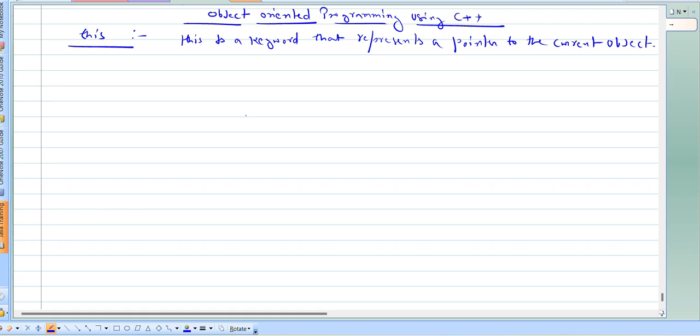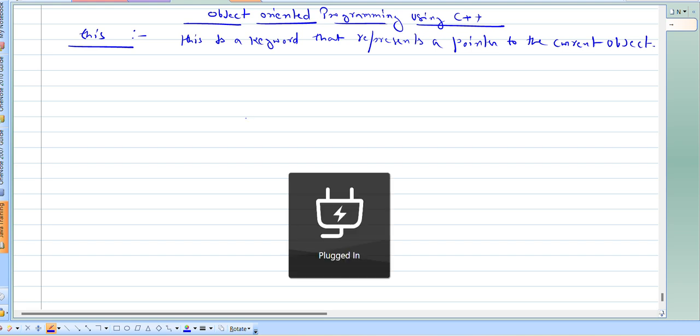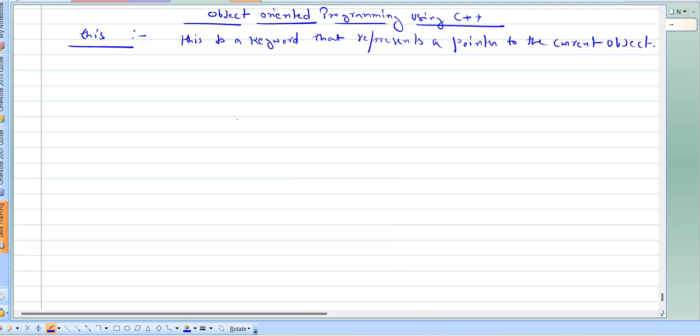Welcome back to another session of object-oriented programming using C++ class. In today's video, we will discuss the this pointer and its various uses. Basically, this is a special keyword that represents a pointer to the current object. This is very important. It has many uses, and in today's session we will discuss some of its